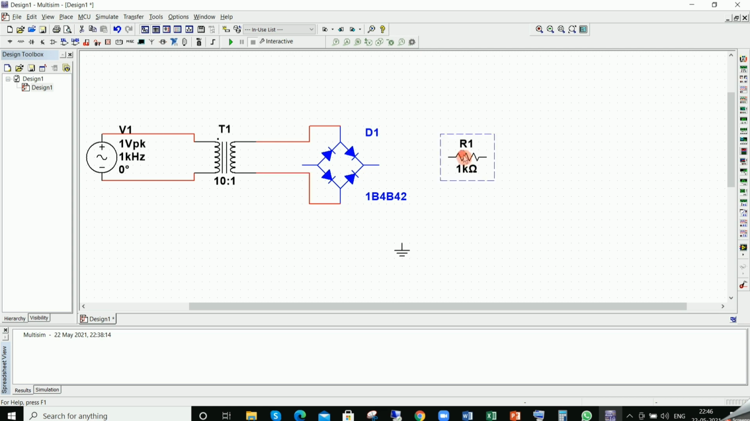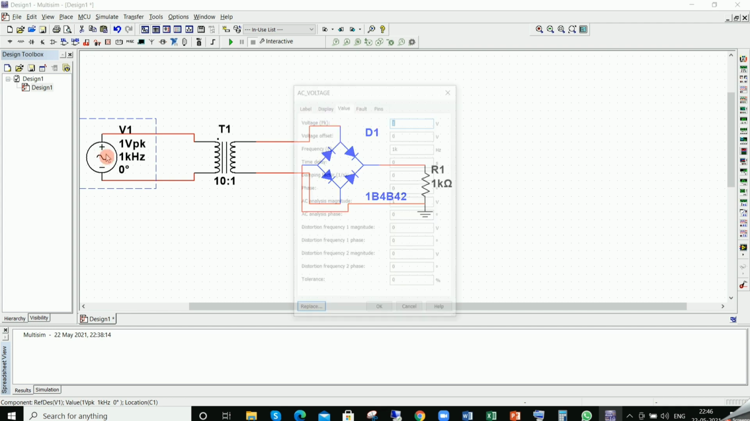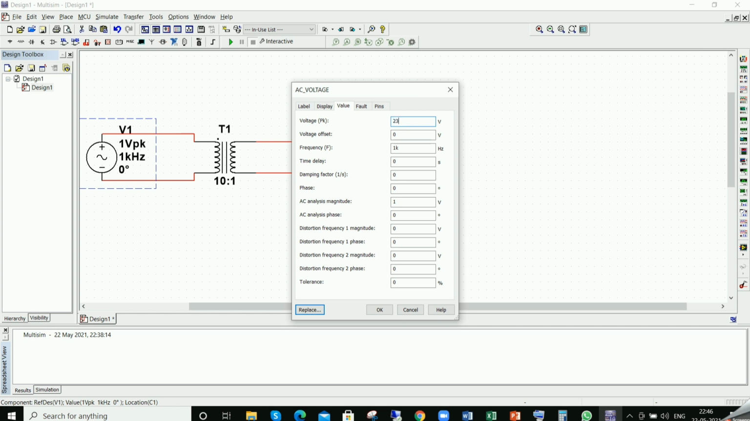To make the resistance in vertical position, click on the resistance, right click, rotate 90 degree clockwise, connect the load resistance to the bridge, then ground. Make the changes of source voltage, double click, 230 volt AC, 50 Hz,